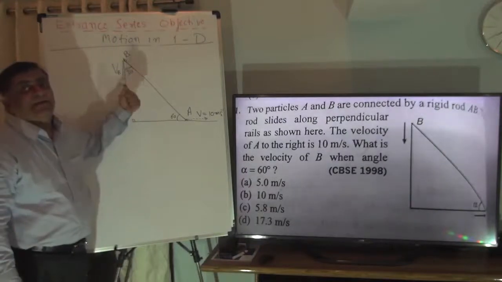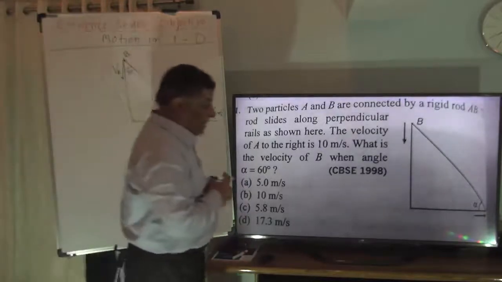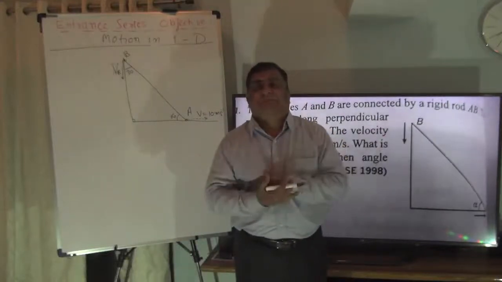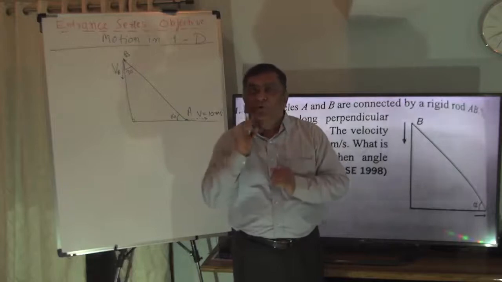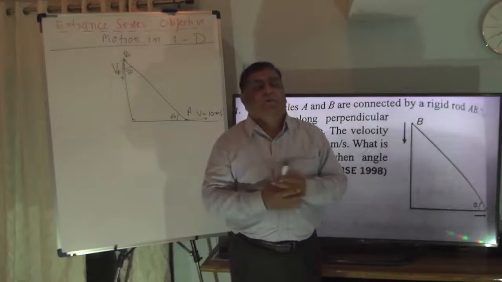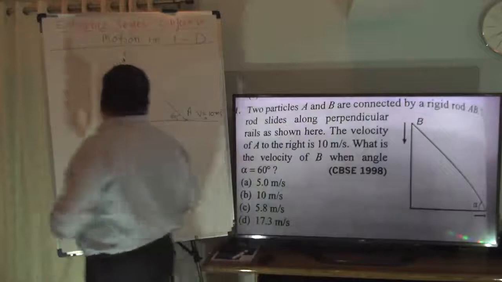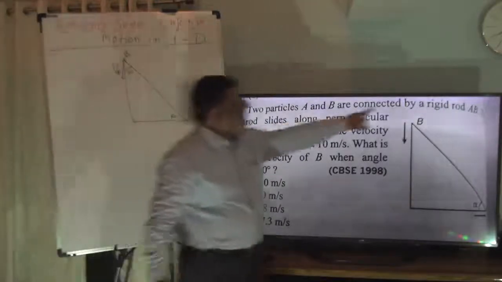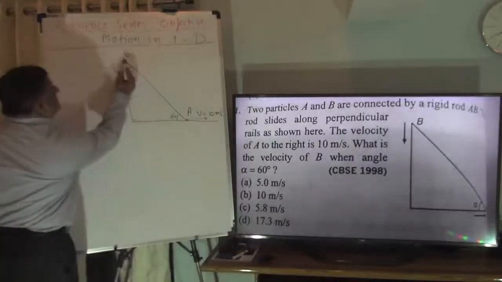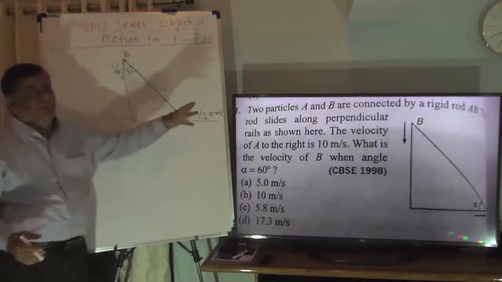Now, how can we get an equation out of it? Think. In such questions, you have to think which is the quantity that remains constant throughout the motion. So we will try to make an equation for that particular quantity. In this one, we know that the given thing is a rigid rod. This rod is rigid, that means this distance does not change. This distance does not change.